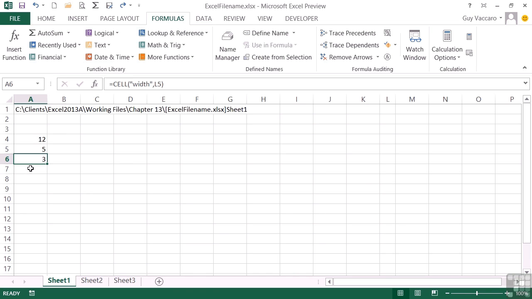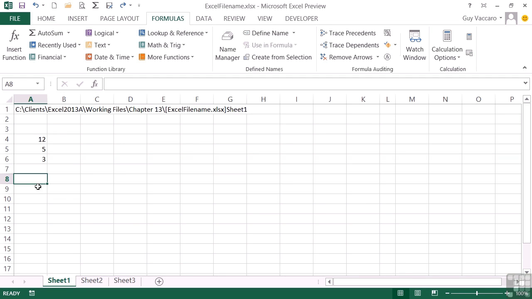But what we're trying to determine now is a dynamic reference of the sheet name. So it's currently Sheet1. That's what I would like in this cell here. I would like it to tell me the name of the sheet, so I can then use that in other formulas. Well, we know that CELL filename produces the whole path, and out of that path, I can see that it puts square brackets around the actual file name. So all I need to be able to do is extract every single little character after that last square bracket,